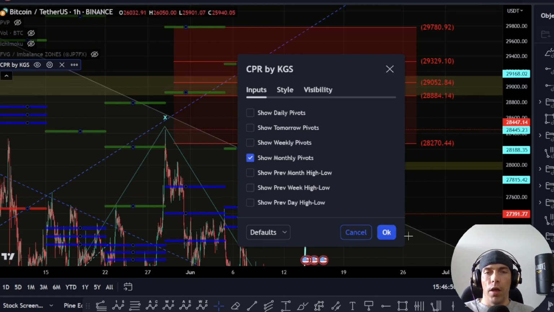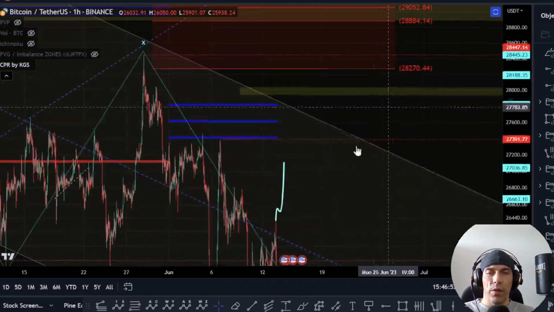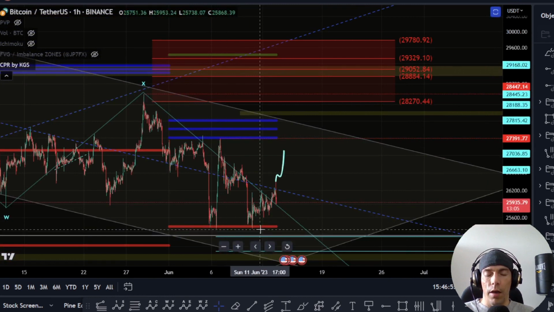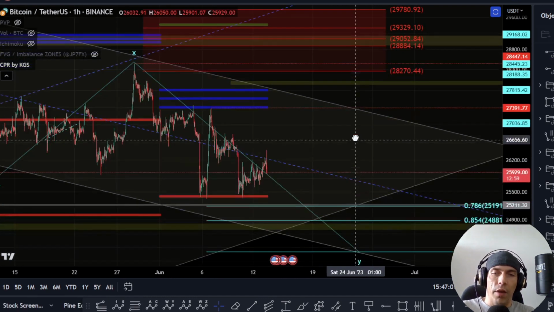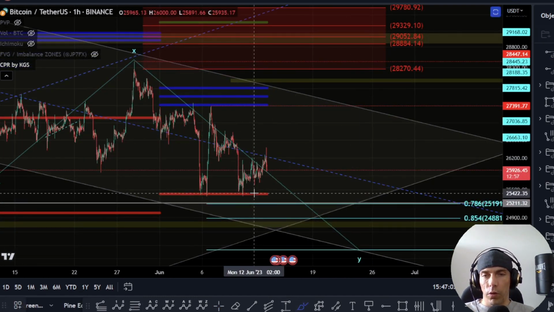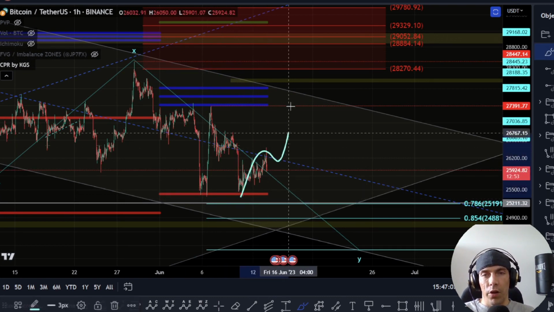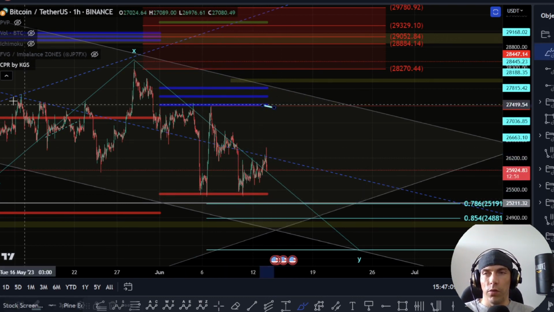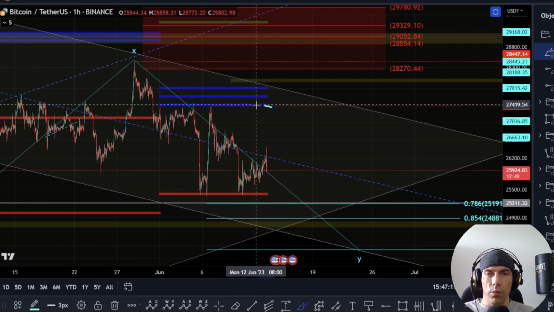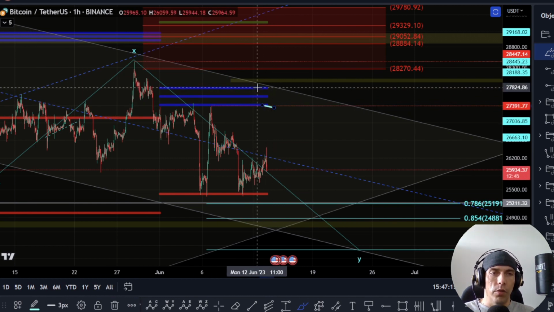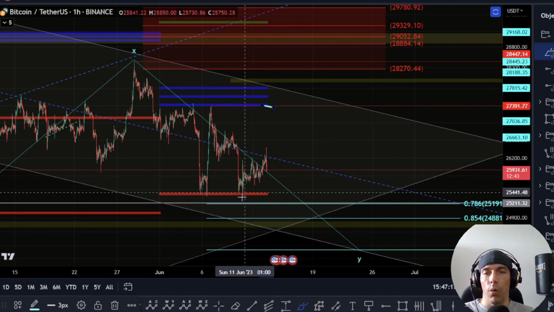Now, on to the monthly CPR, what we can see is that we currently hold this R1 line as support, and we are looking to potentially move up here. Now, if we continue to hold this zone and we actually hold these two lows that we got here, what we could see is price be gravitated towards these central CPR lines again here, and these would be here towards this 27,409 and this area here of this 27,824. If we did see